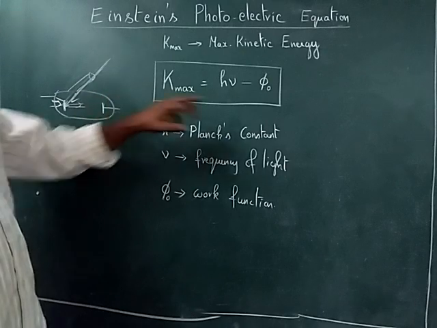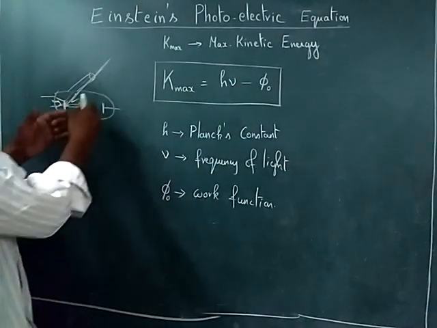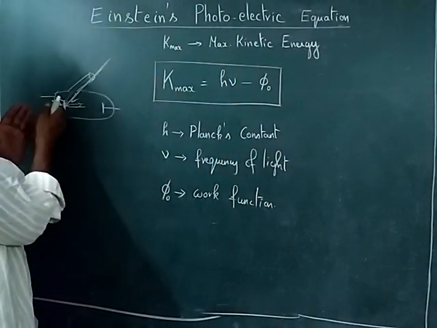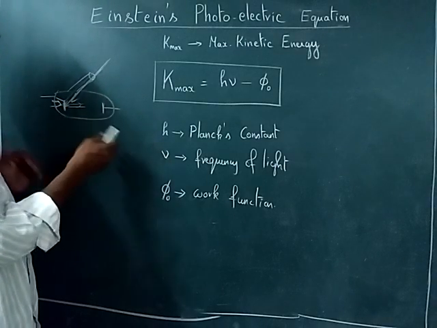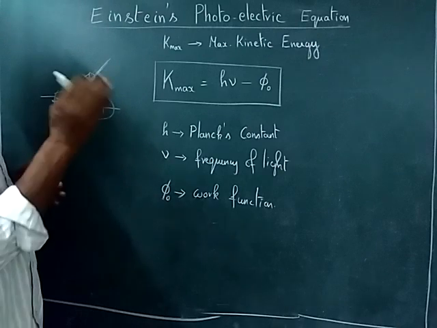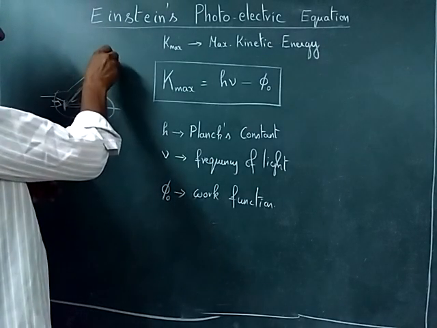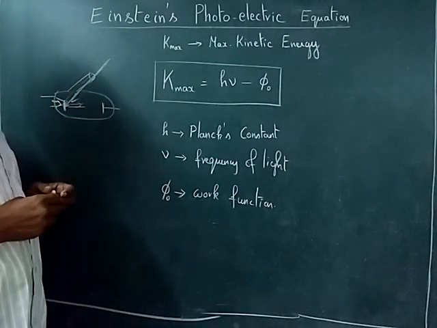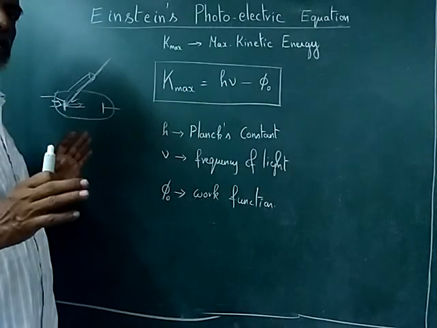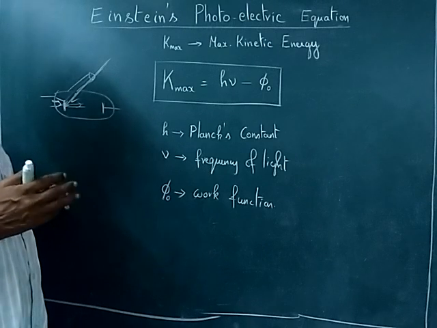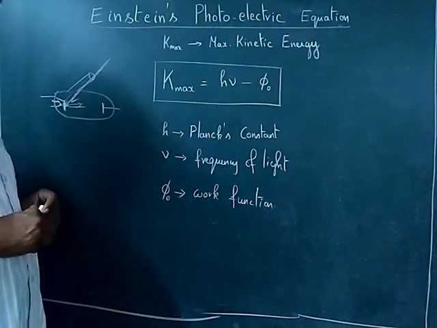So the work function of the material, if you don't heat the cathode, or if there is no sufficient anode to cathode potential, this excess energy we have to supply through the photons. So we have to somehow overcome the work function of the material. Then only electrons will be released.